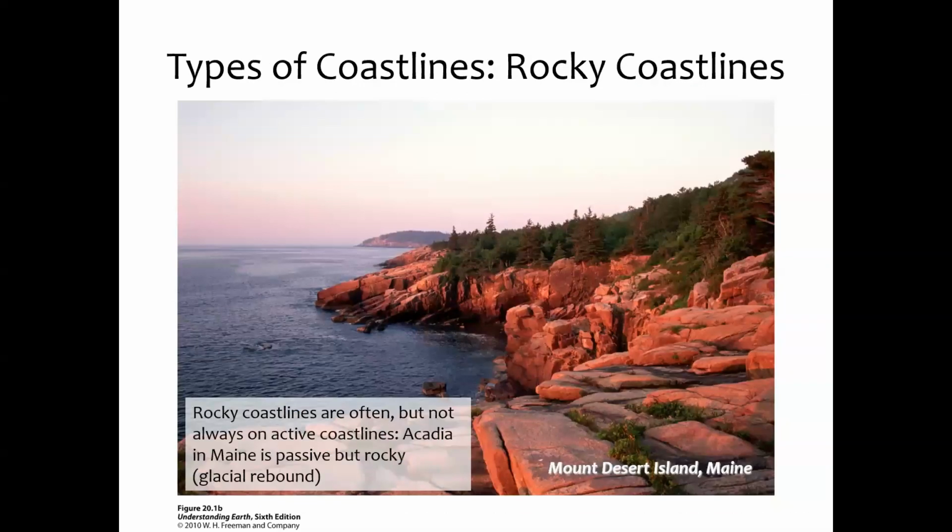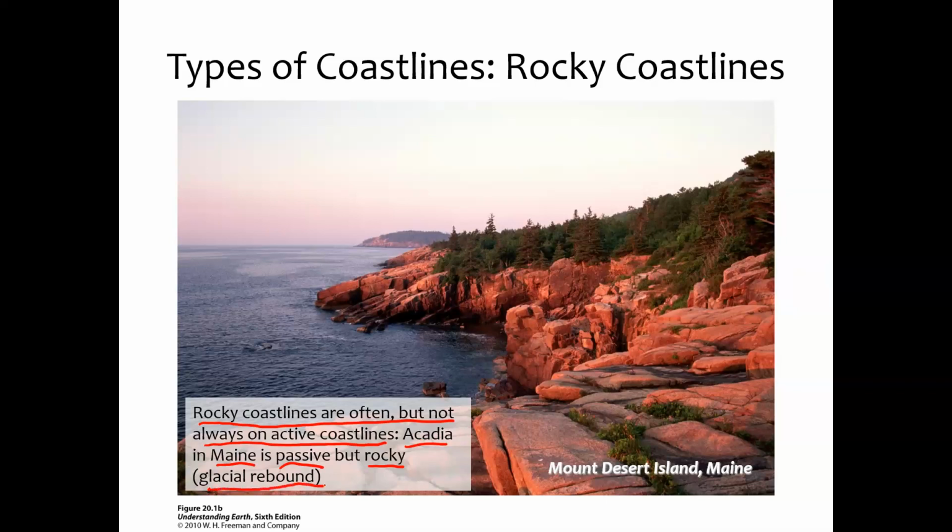I will say that rocky coastlines are often, but not always, on active coastlines. And we have a good example of that in the US, so I wanted to point it out. This is actually a picture from the US East Coast, Acadia National Park in Maine. The thing about Maine is that it is passive. There's no plate tectonic boundary nearby, but it does have a rocky coastline. The reason for that is that there was uplift here for a different reason. The uplift really wasn't tectonic in origin, so it's not that there were plates colliding together, but instead what we